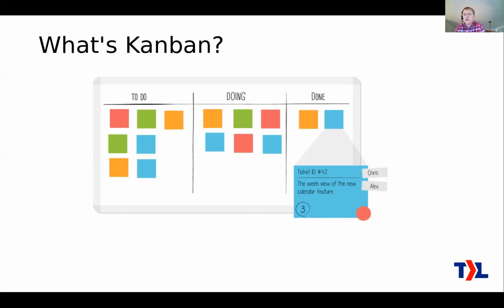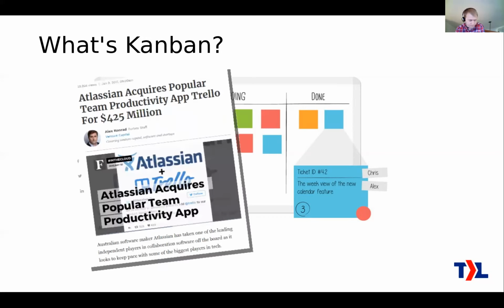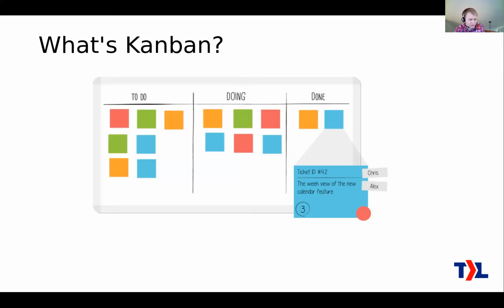Okay, this is not all of what Kanban is. It's not just the boards. There's more to it than just the boards. It's actually not new. Okay, I know a lot of you may not have heard of it until recently, but actually the ideas do go way back to the 1940s. They kind of started in Toyota automobile manufacturing. So it's actually not a new set of ideas. It has to do with efficiency, also reducing waste, and representing work visually, which is what that board is about.